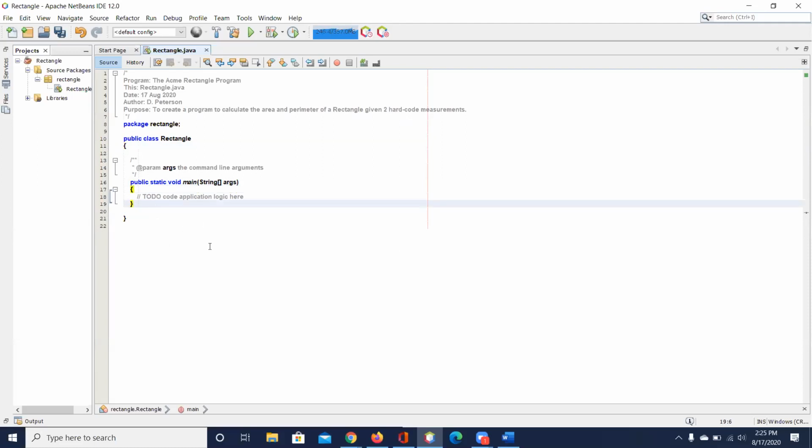If I have those all over the place and I don't have good indentation, it's hard to tell when something is inside of something else. In other words, the main is inside my class, okay? There's no code from here down to here. This is all indented because it's inside the class. Anything I'm going to type in here will be inside my main.